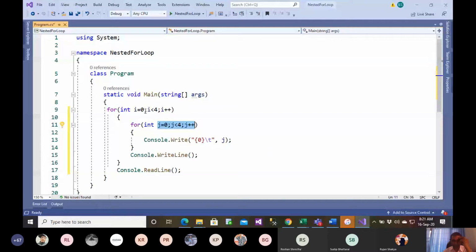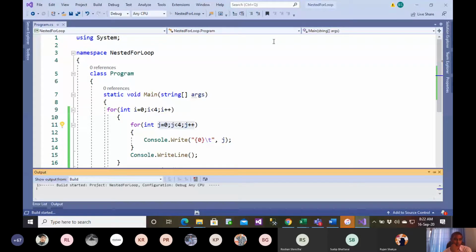Again, this comes here. Now the j value is not equal to 3. The j value will start with 0 again here. Inside the loop, the value gets initialized, so the j value is again 0. So again, this will repeat itself. And this will go up till the time these conditions are not satisfied. So this will keep on executing.